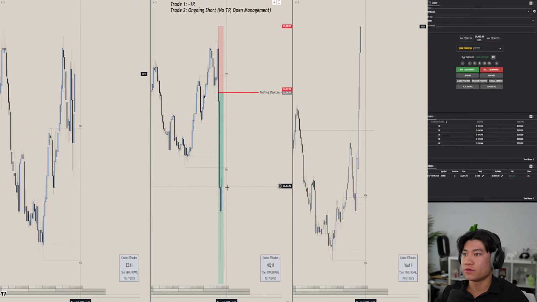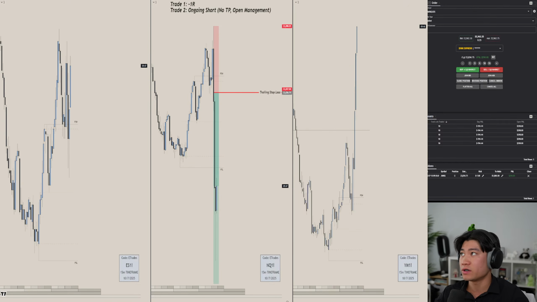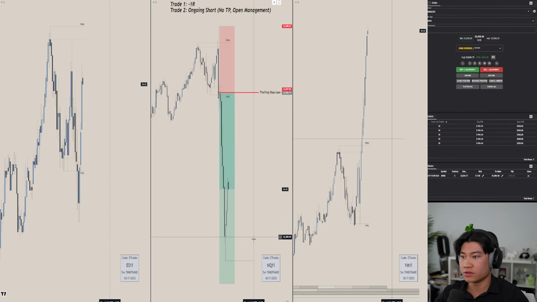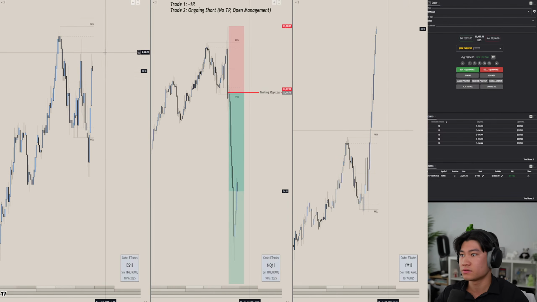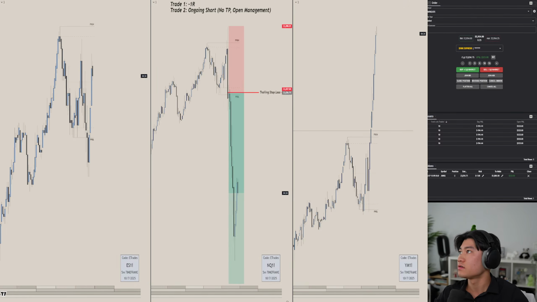But yeah, for this trade, I don't have anything to do. I might step in discretionarily, but for the most part, I like to keep it pretty mechanical for my trade management. Until we take out this low over here, I don't have a reason to trail my stop loss, which is the swing low at 10:05.